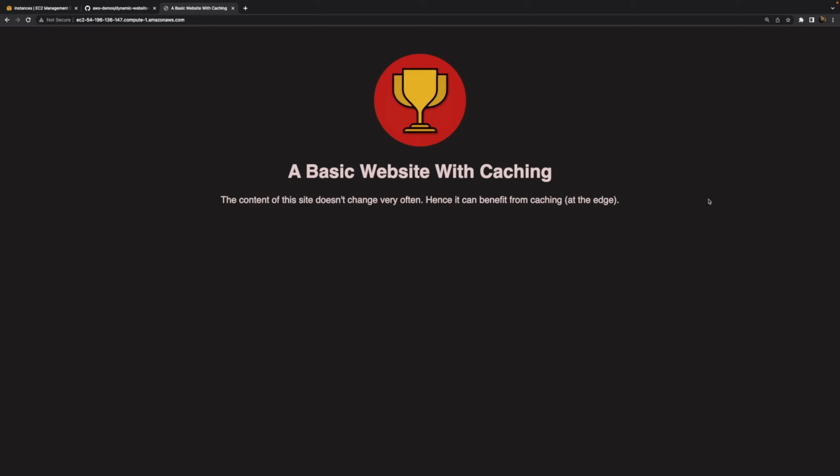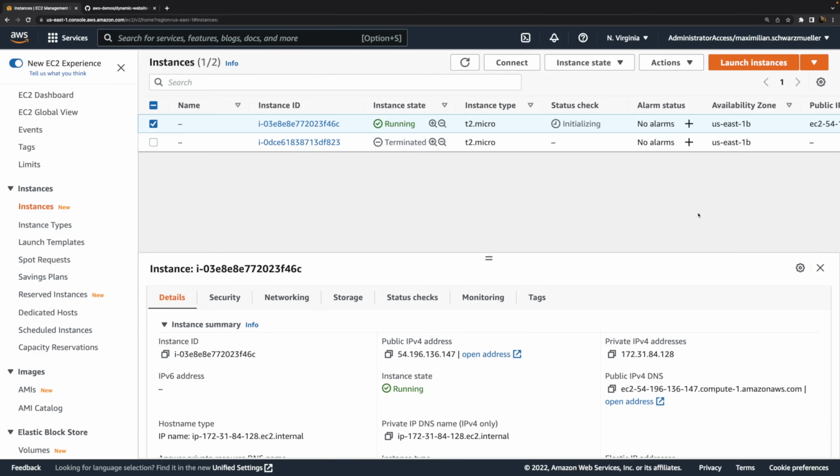Now, this local caching in the browser is of course great, but it does not help users that visit our website for the first time. And that's why we want to use CloudFront, so that not every user has a bad experience on their first visit, but that instead the vast majority of users can benefit from data cached on these edge locations, so that the first visit for those users goes to the edge location instead of our actual server in the US East 1 region. But before we even use CloudFront, I want to quickly talk about this automatically assigned domain name.